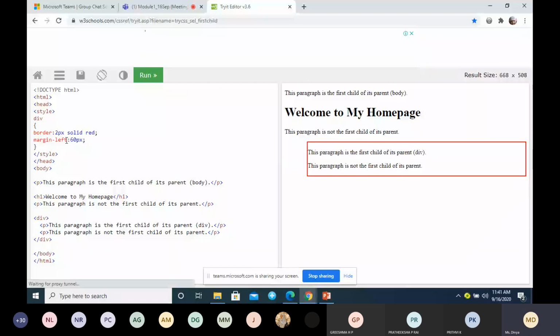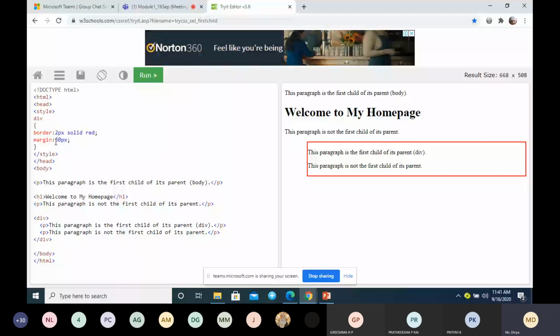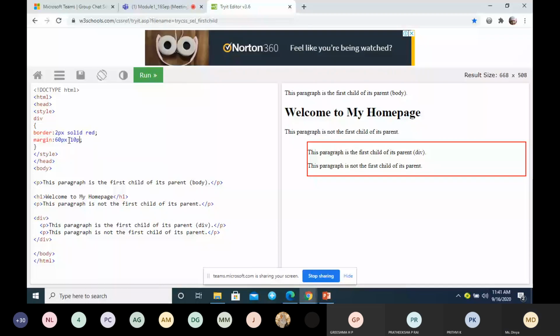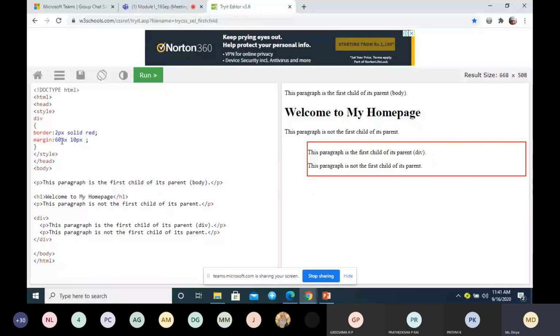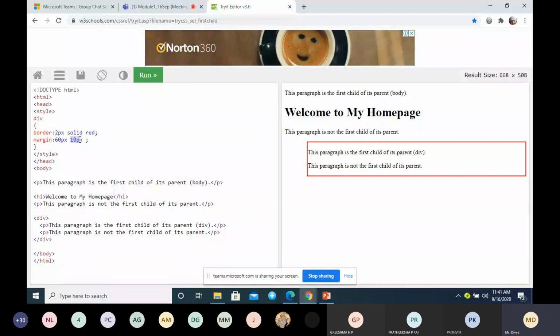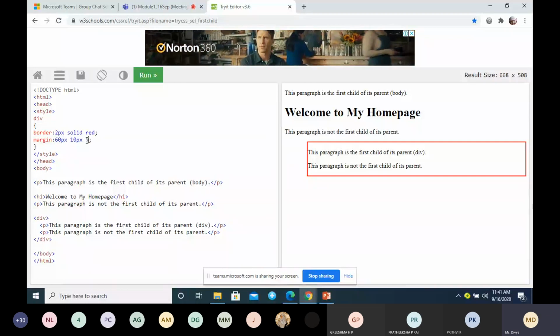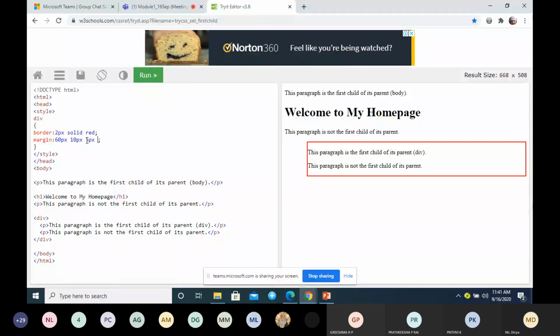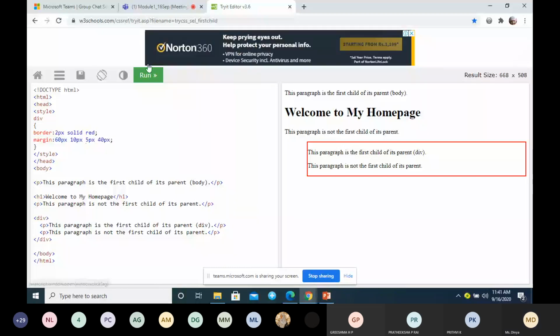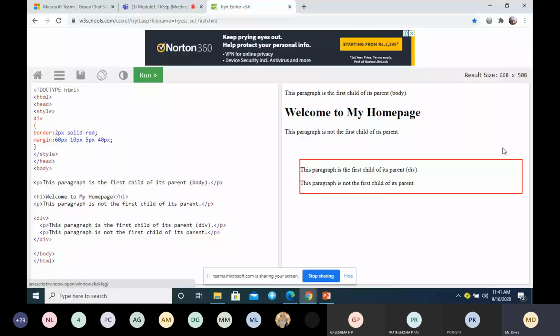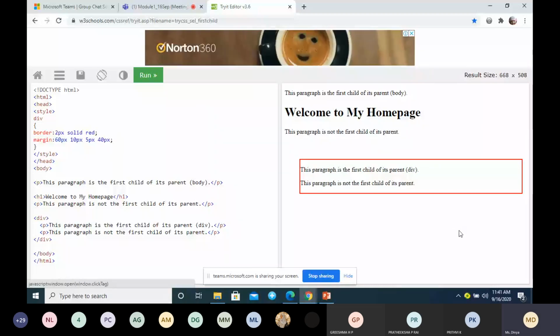Same way you can go for margin left, or you can go for a single value margin. Margin single property with four values: top, right. So this you remember is top. This is the top value, this is the left value, this is the right value, and this is one more. This is how you can use space around the element.